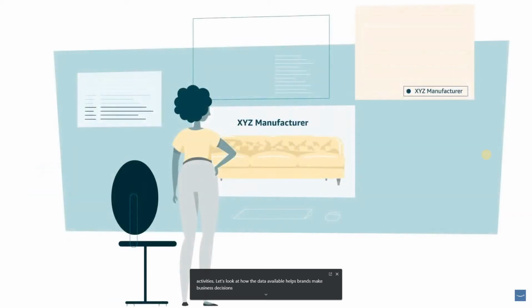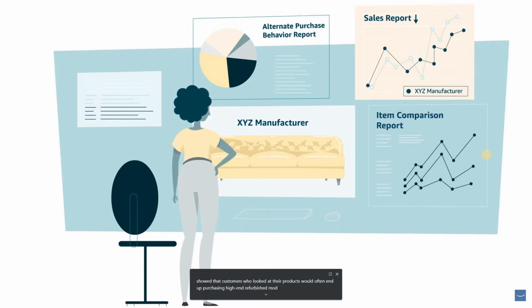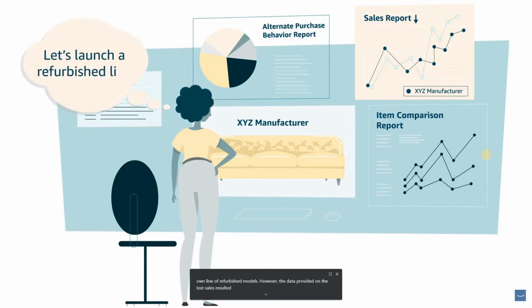For example, a furniture manufacturer reviewed the item comparison and alternate purchase behavior report, which showed that customers who looked at their products would often end up purchasing high-end refurbished models. They did not have their own line of refurbished models. However, the data provided on the lost sales resulted in the manufacturer deciding to launch a refurbished line of their